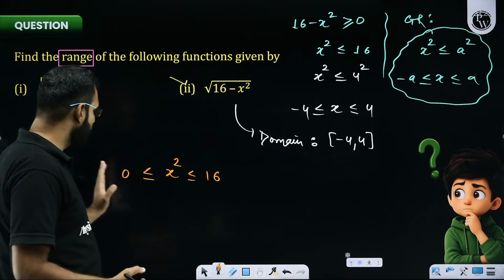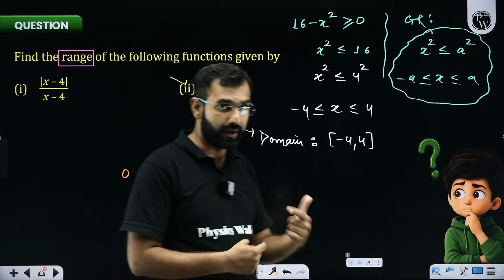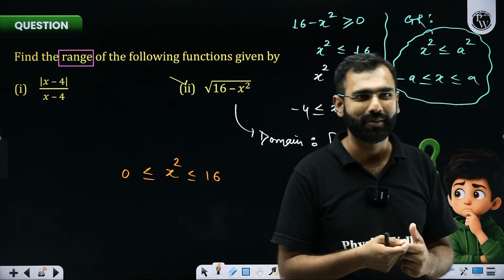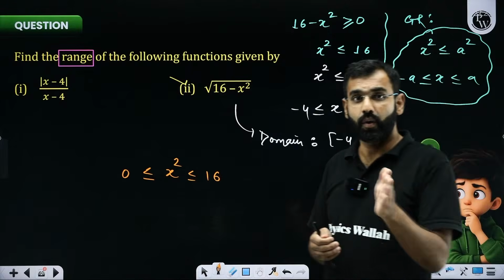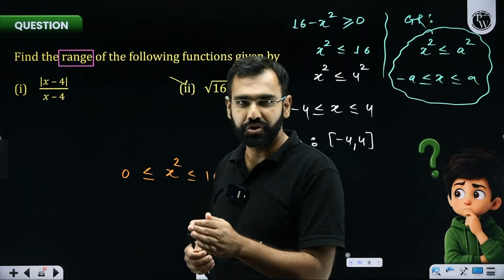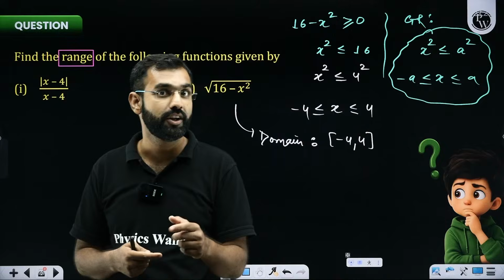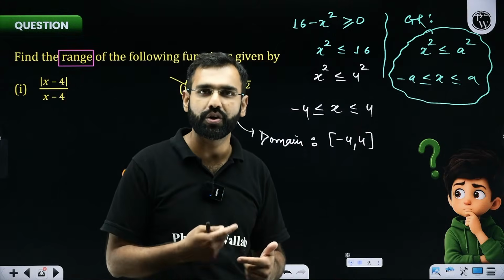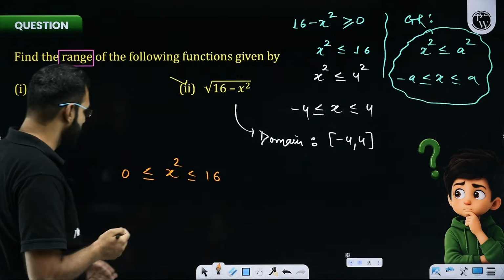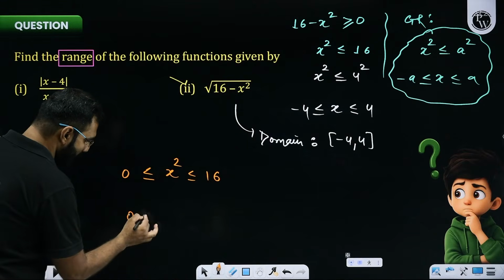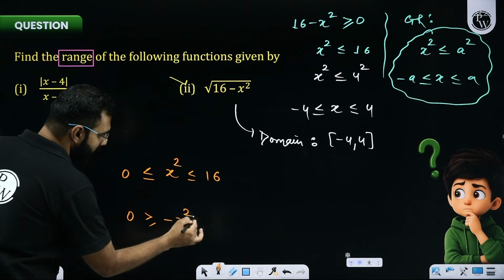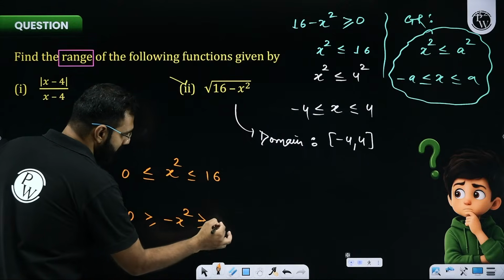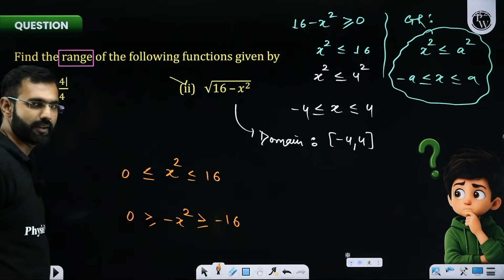Okay, so in an inequality, if you multiply it by a negative sign, what happens? Can you tell me in the comments? If an inequality is multiplied by a negative sign, the sign of the inequality reverses. So it gets inverted. So here minus 0 is 0. This less than becomes greater than, and this less than also becomes greater than minus 16. Everybody got it? Yes or no?